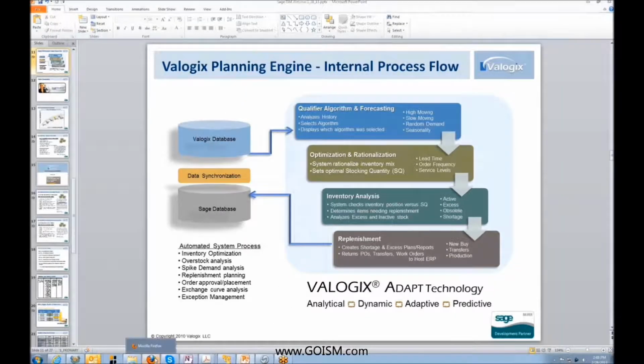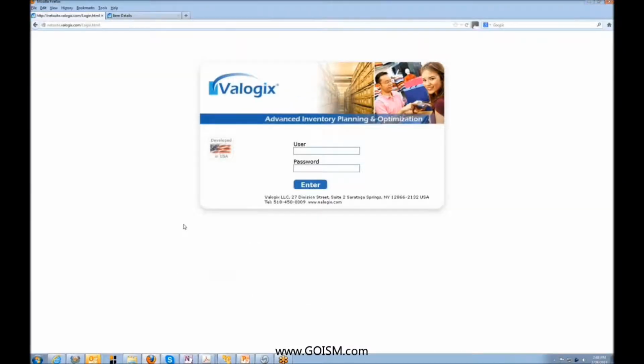With that, I'm going to go ahead and switch to the software, provide a brief overview of the high-level functionality, and then wrap this up with a brief case study and any questions and answers anyone may have. You'll notice the software itself is browser-based, so all you have to do is open up your browser, point it to the appropriate bookmark, and then go ahead and log in here